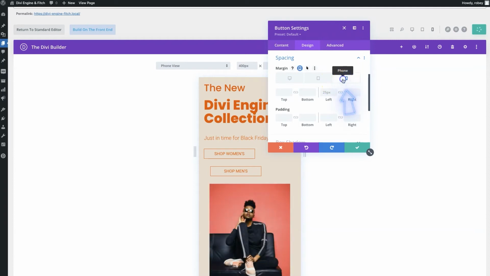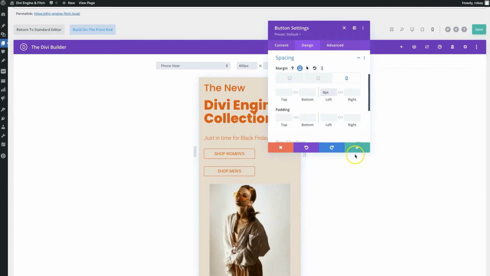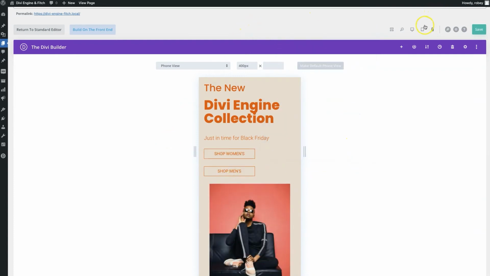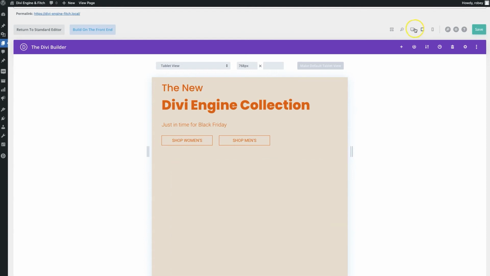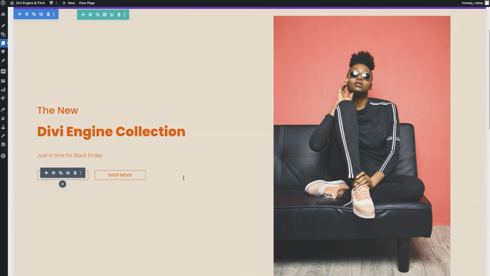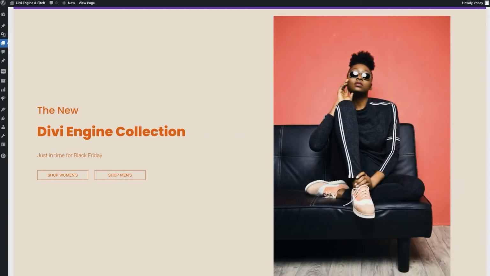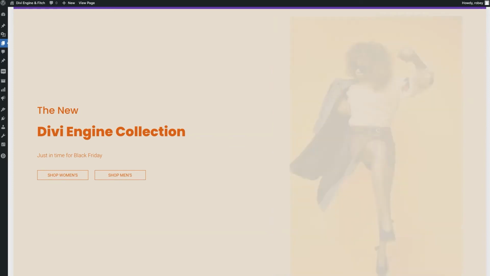Now, all we need to do is make sure that it's on cell phone and put in 0 pixels. And it'll pop right in there, and it looks great now. And if we go to mobile, tablet, and desktop, everything looks fantastic. Awesome. And that's it. We just built that header, and it didn't take us that long. It looks fantastic. So let's move on